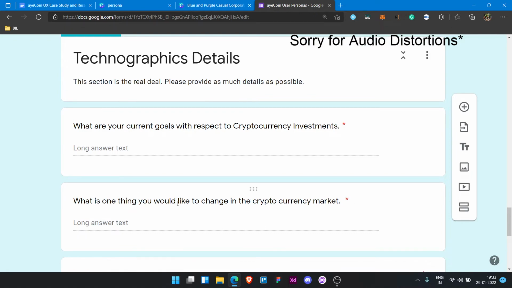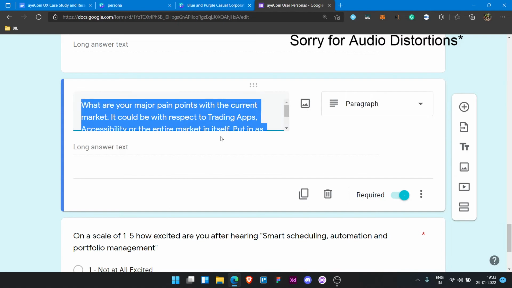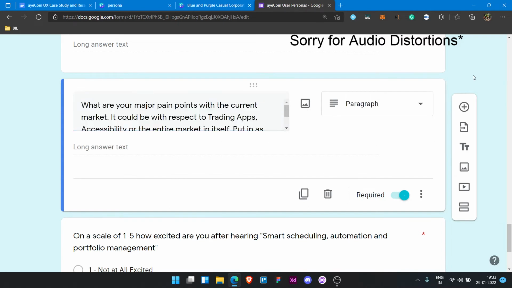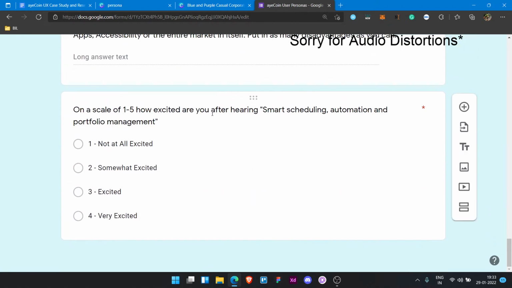What is the one thing you would like to change in cryptocurrency market? And what are your major pain points related to cryptocurrency market? Again, this major pain point section becomes that much more important because that is what you would actually like to find. And then on a scale of 1 to 5, this was just again a question that would be related